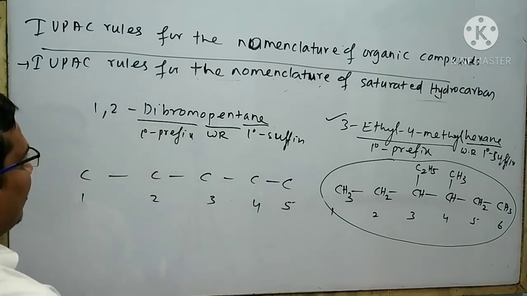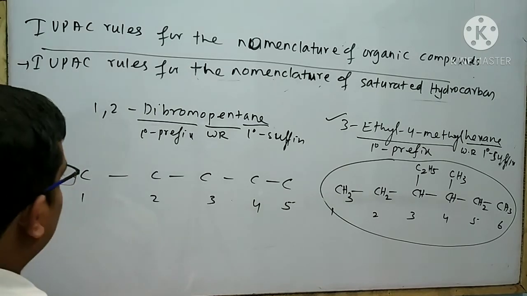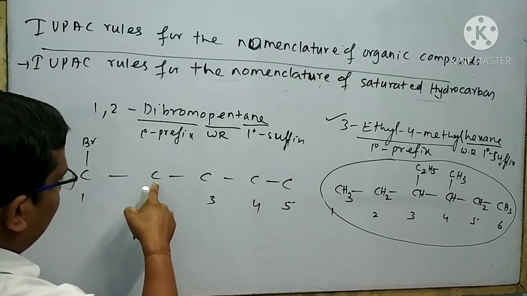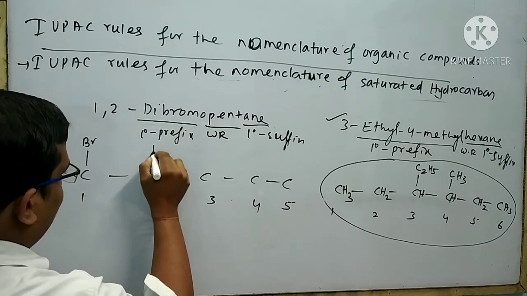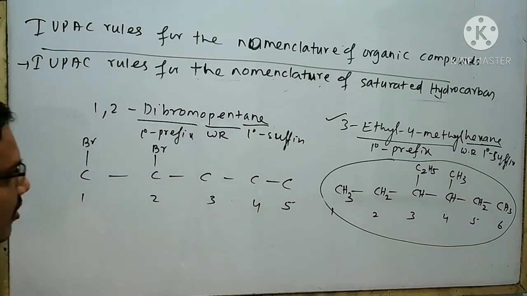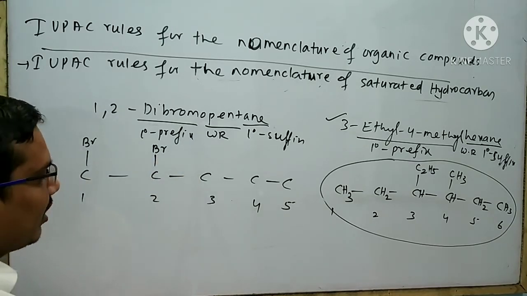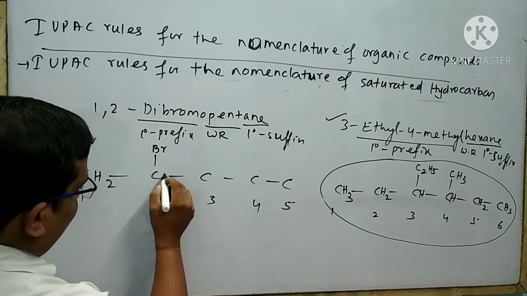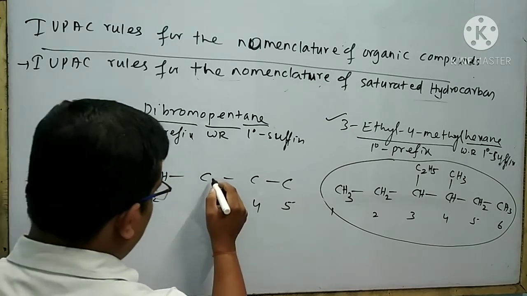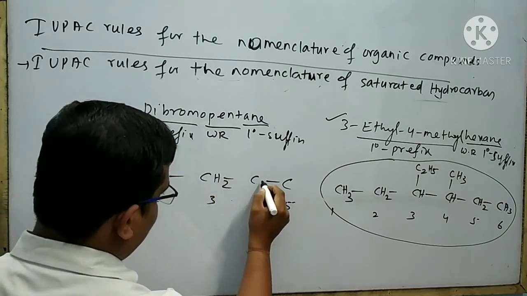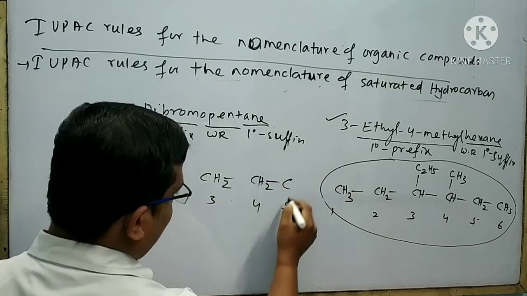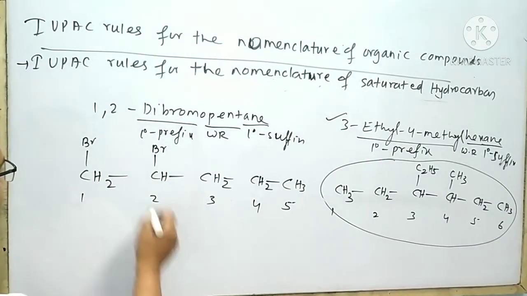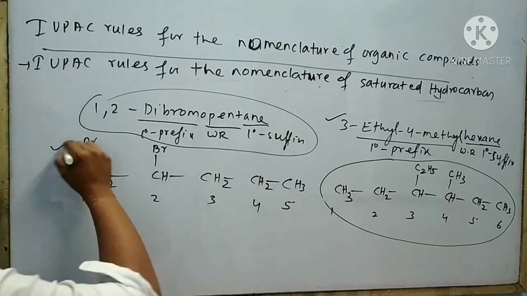Look at that. Your 1,2-dibromo is given. That means it is bound to write your 1 bromine with the first number carbon. Here also it is bound to write 1 bromine with the second number carbon atom. For maintaining the tetracovalence of carbon atom, it is bound to write your 2 hydrogen. Here it is bound to write 1 hydrogen atom. Here I can write 2 hydrogen atom. Here I can write 2 hydrogen atom. Here I can write 3 hydrogen atom with this carbon atom. The structure of this compound is this.